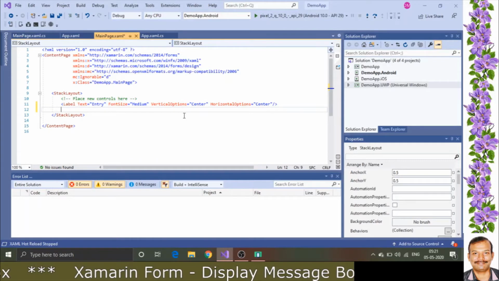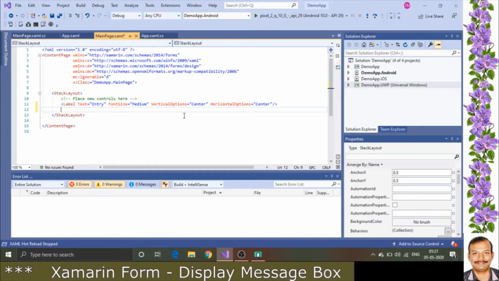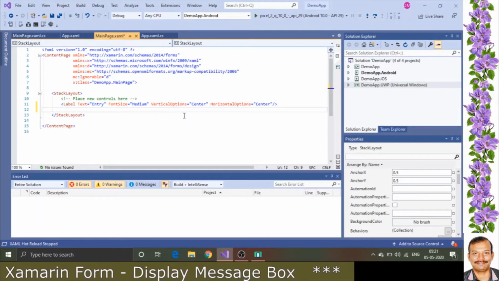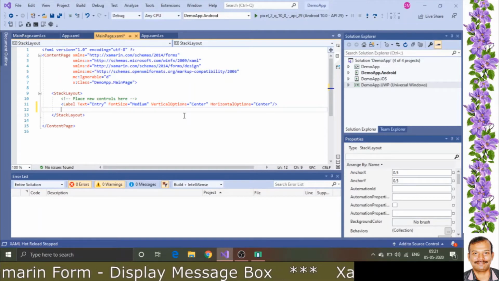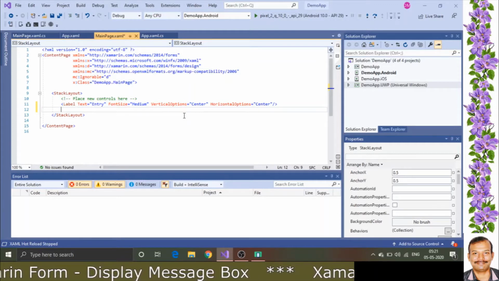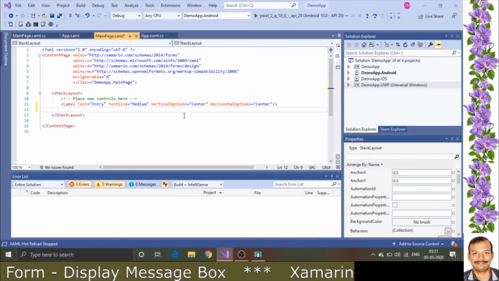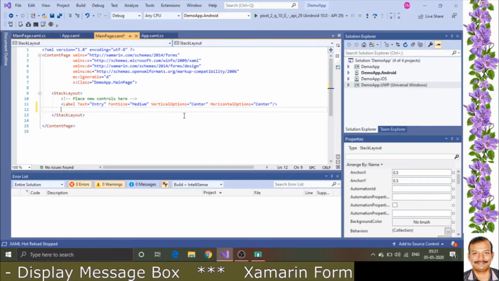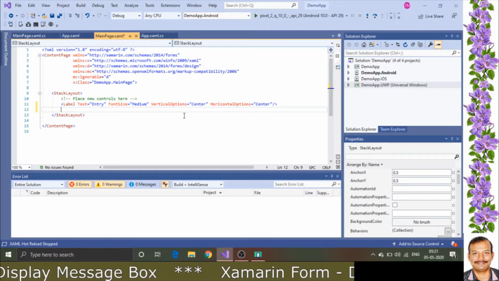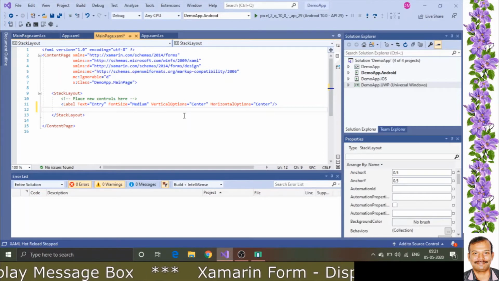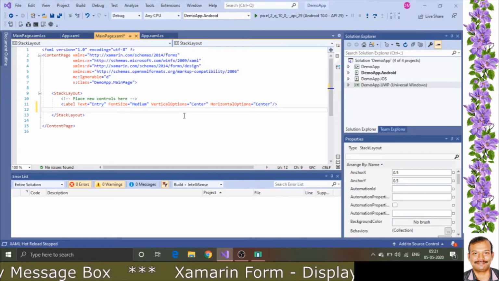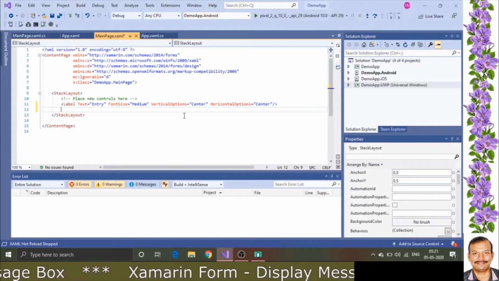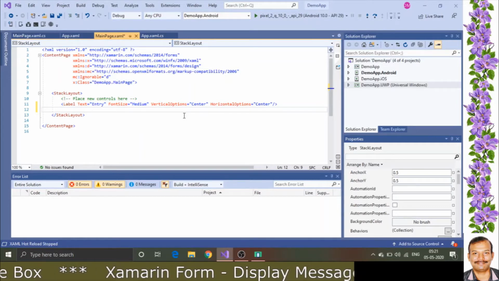Then we are going for entry. It is generally advisable, after creating every component, to check the user interface, whether it is matching the required prototype which we have designed. Generally people use Adobe XD to create the prototype of user interfaces. So you can check it. And one great advantage we have in Visual Studio is that we can immediately see the output on whichever platform you want to publish this application.